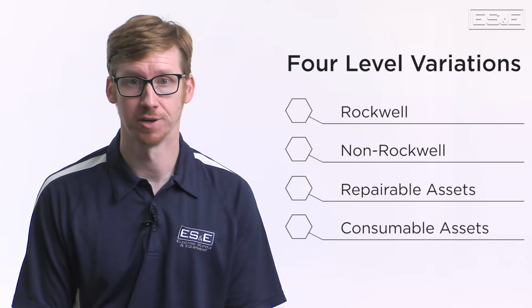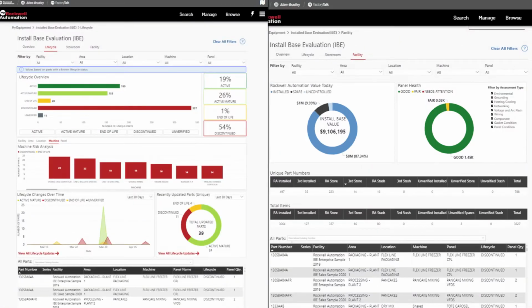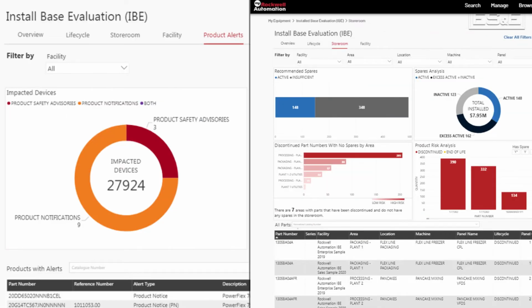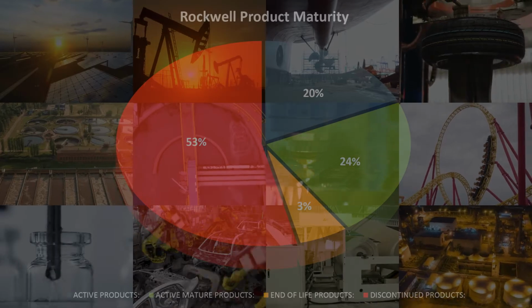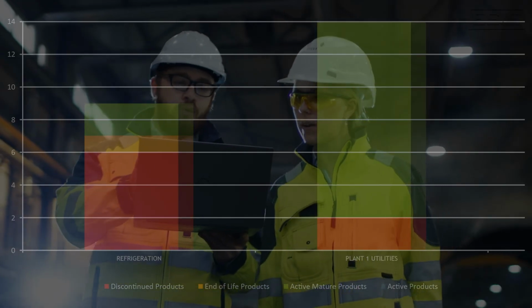As an option, you can gain access to a subscription portal known as My Equipment. This allows for dynamic interaction with your installed base data to get enterprise level and asset inventory reports. In conclusion, the IBE is a perfect solution to help you optimize your plant's operations and assets today and to